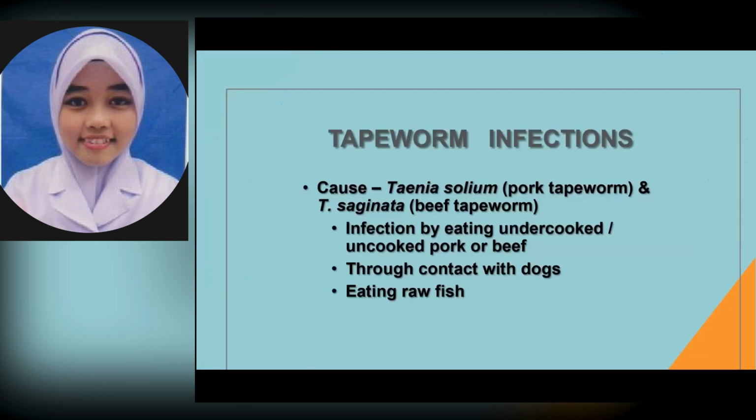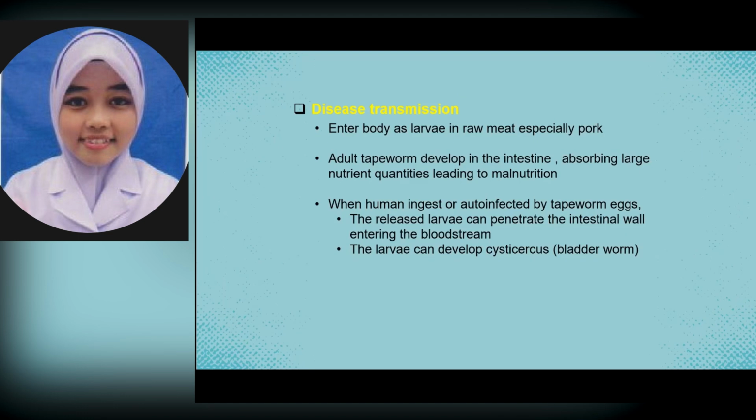Type of disease due to pathogen is tapeworm infection, caused by Taenia solium or pork tapeworm and Taenia saginata or beef tapeworm. Infection is by eating undercooked or uncooked pork or beef, and through contact with dogs and eating raw fish. Disease transmission can